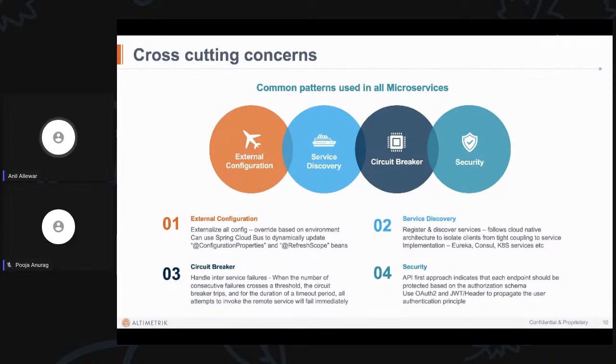Then you also need to have security at each API layer, right? So you could use a security scheme like OAuth2 and JSON Web Token to propagate the user